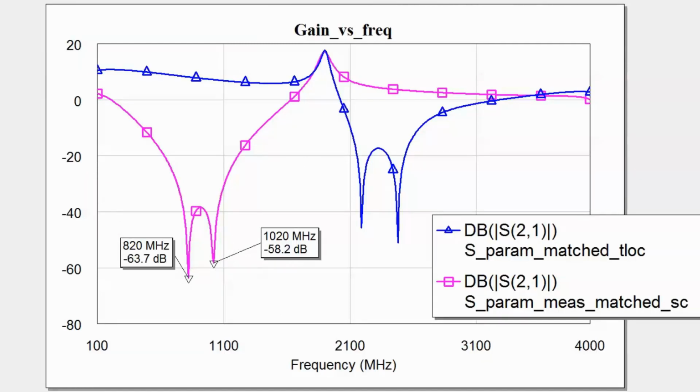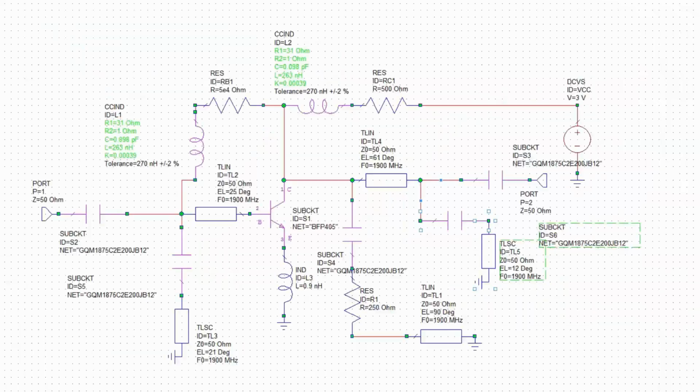Very last thing, I promise, I'm going to go back to the schematic where we use the short-circuited stubs, and I will remove these DC blocking capacitors and show you what happens if we do remove them. So remember, you need these both if you have short-circuited stubs and if you have inductors in shunt in your matching network. So let's just remove these two and just replace them with a little bit of wire, and then